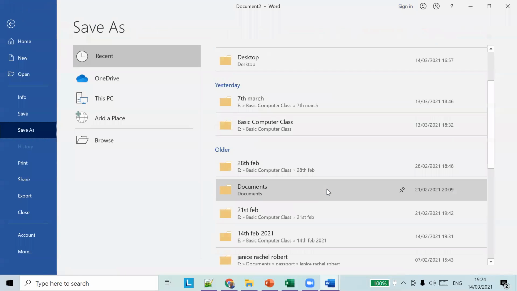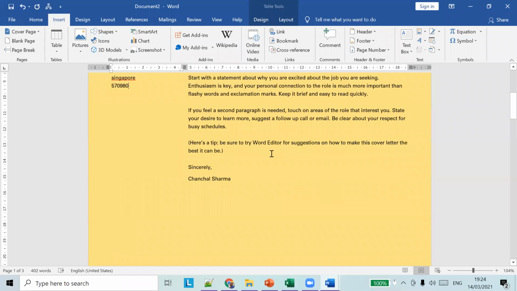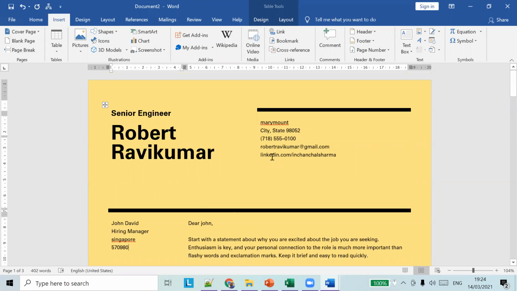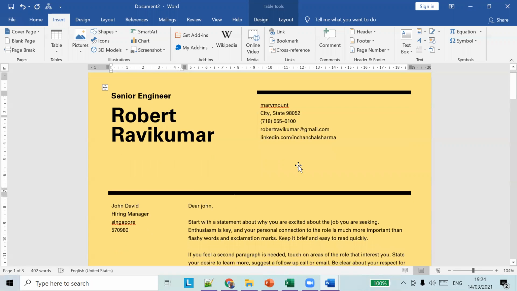So this is how you work with templates. Templates come with a lot of things, and we just have to fill up the details ourselves. We don't have to change any of the fonts because they are already applied. Working with templates makes our work very easy.